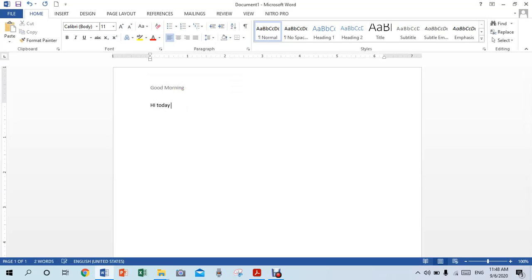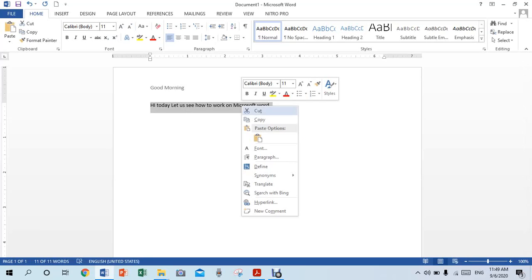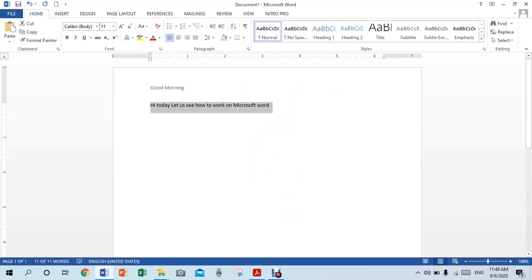Let's see now how to format our document. If you want to copy this whole line and paste it in the next line, first you can click on the words, right click, copy, click enter, and paste it.